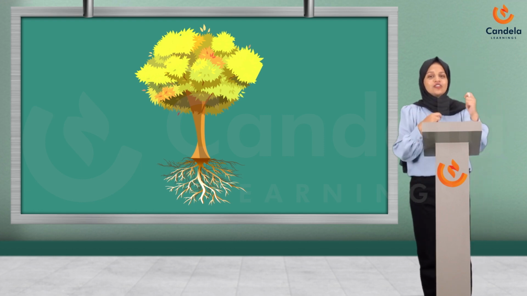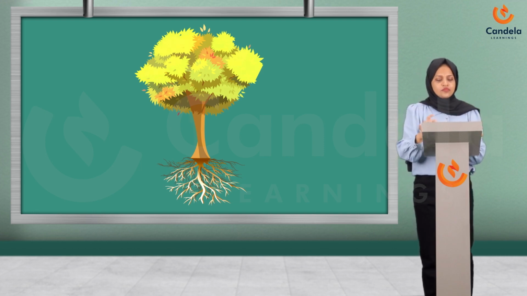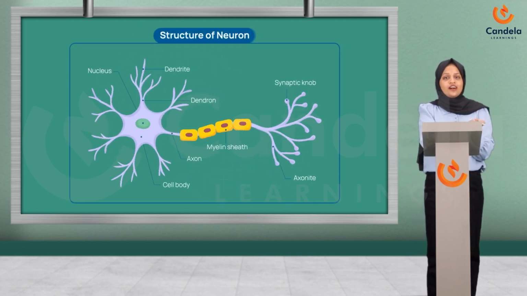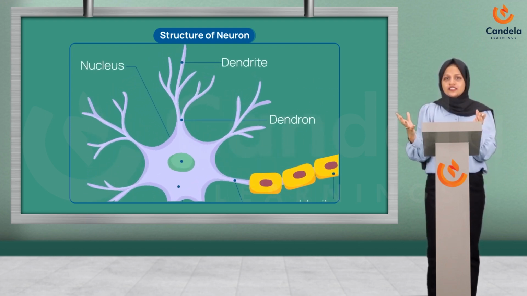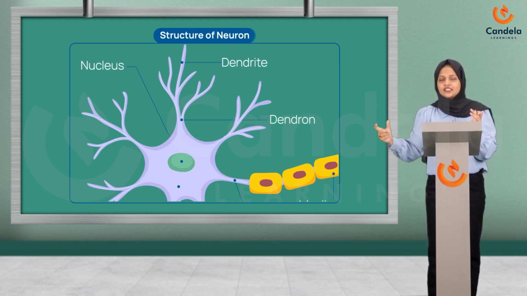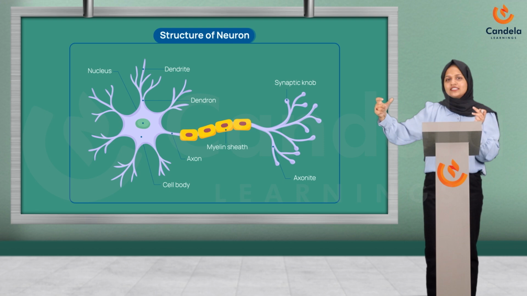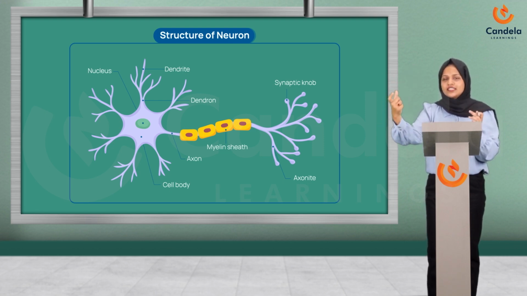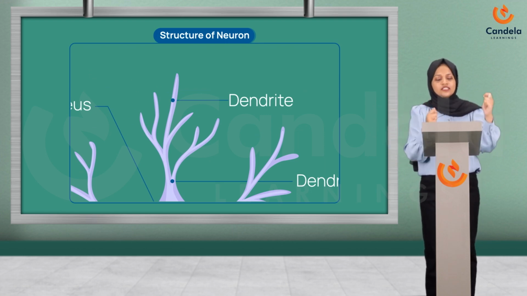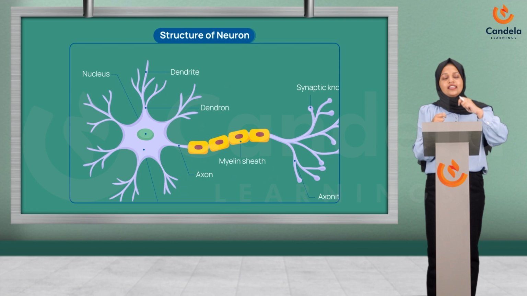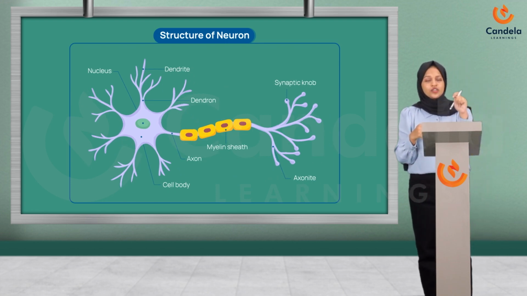Now we'll have a closer examination of the structure of a neuron. A neuron has a branch-like structure known as the dendrons. So the branches of a neuron are known as the dendron. Now at the end of the dendron, there is a structure, the tip portion, known as the dendrite. Okay, the tip portion of the dendron is known as the dendrite. Then inside the dendron, what can you see?